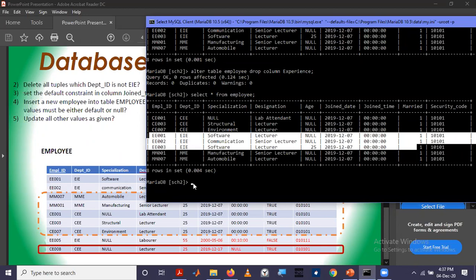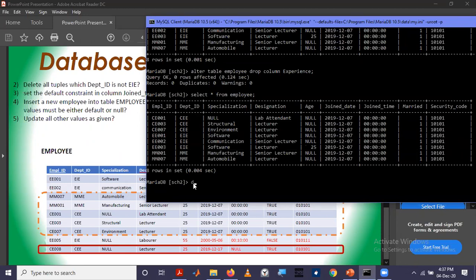As I told you, the keyword for deleting data is delete. Delete does not go alone itself. Delete from. Always it goes with delete from. Just like it was insert into.